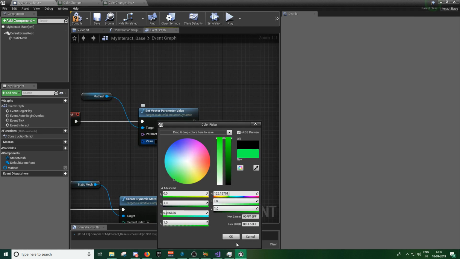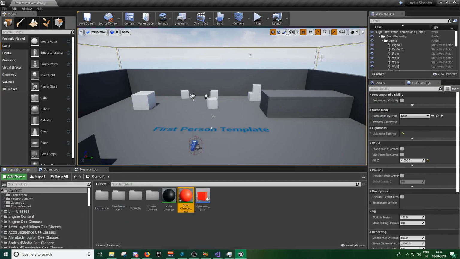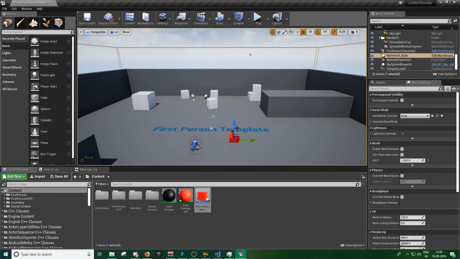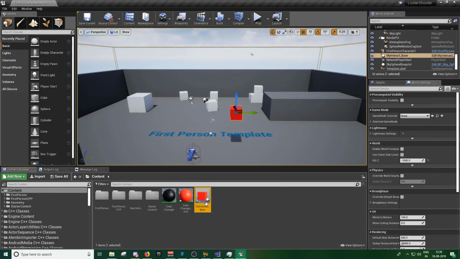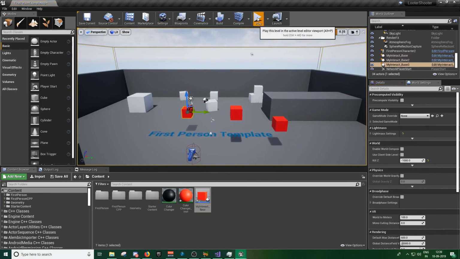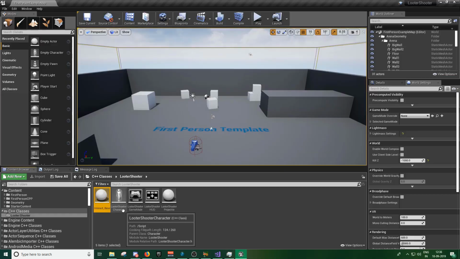That's not a good green. Yeah, that's better. I'll compile this. And now if we drag our my interact base over here, and over here, if we press go, so yeah guys, we're in the engine now, and let's make